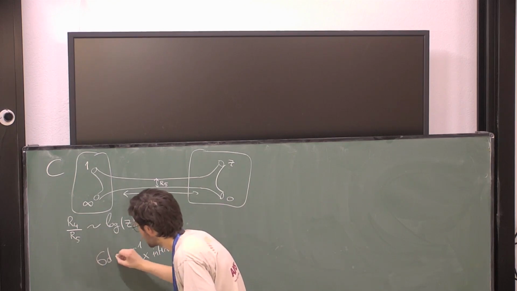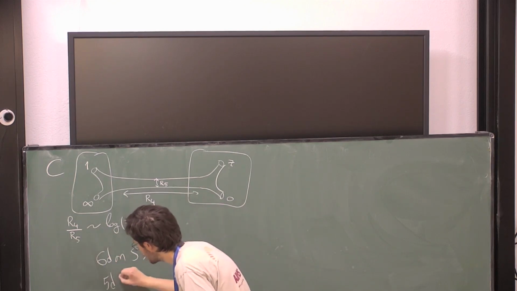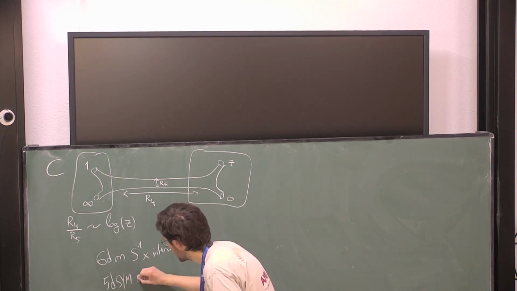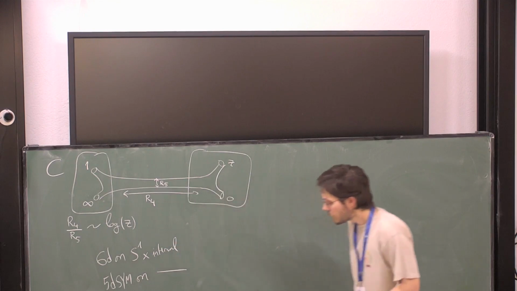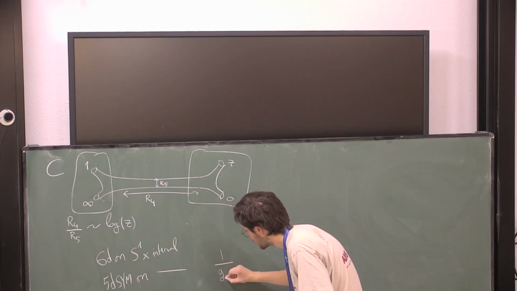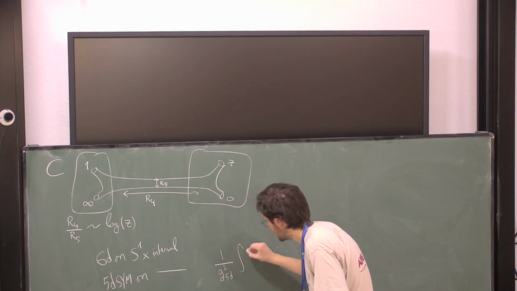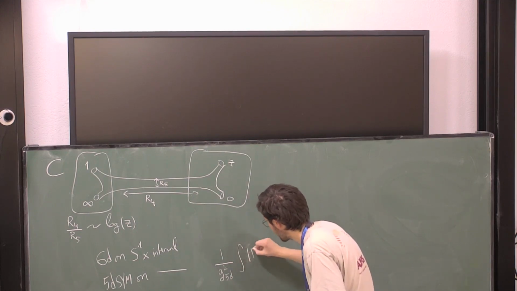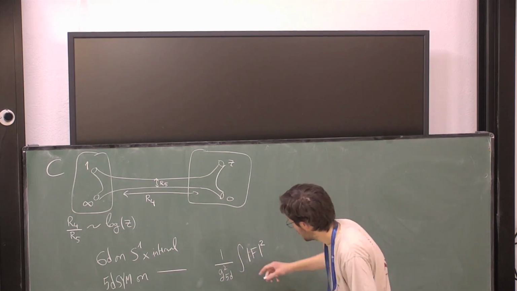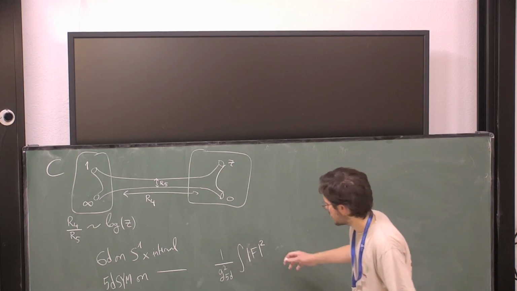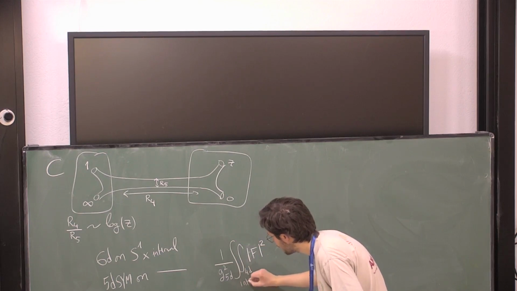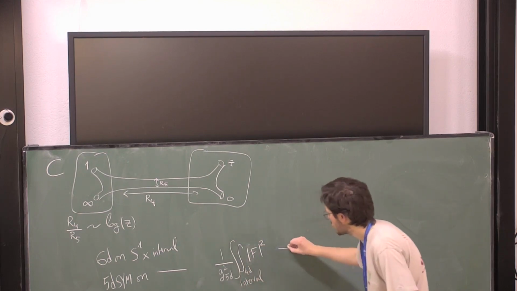And the 6D theory on that should be the same as the 5D N=2 super Yang-Mills on this interval. 5D N=2 super Yang-Mills has this type of term in its action. And when you take this and integrate, so this is a 5-dimensional integral, you can split it as a 4-dimensional integral and an integral over the interval. And so this should give you,